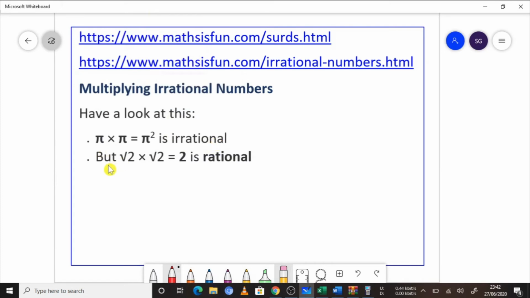So it's an irrational number still. But there is another scenario. If you take the square of the square root of 2, like you multiply the square root of 2 by itself, you see that square root of 2 times square root of 2 is 2. And if it is 2, then it's a rational number. So what we observe is sometimes when two irrationals are multiplied, their answer is again an irrational, and sometimes when two irrationals are multiplied, their answer is a rational number. And this is the starting point of our topic actually, which is called rationalization.